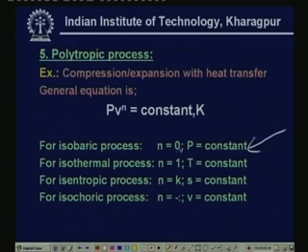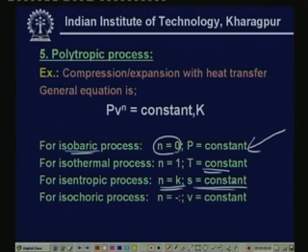P is constant, that means n has got to be 0. So when n becomes 0, P becomes constant, and this polytropic process reduces to an isobaric process. And when n is equal to 1, Pv is constant, and this becomes an isothermal process. And for an isentropic process, the polytropic coefficient simply becomes the adiabatic coefficient,